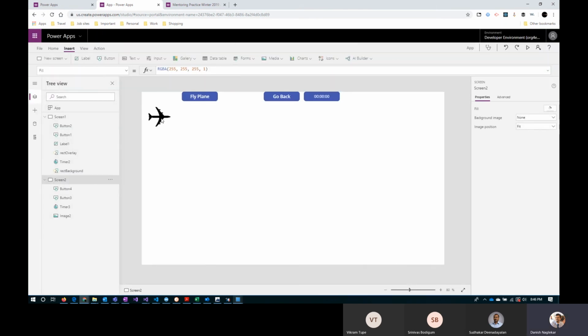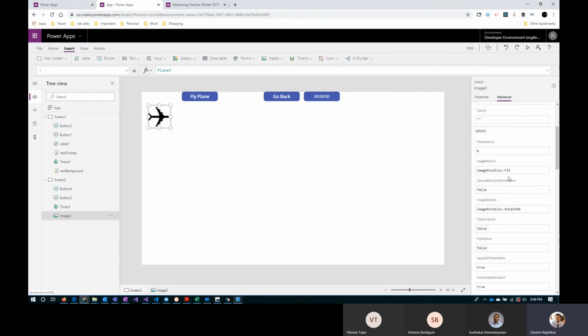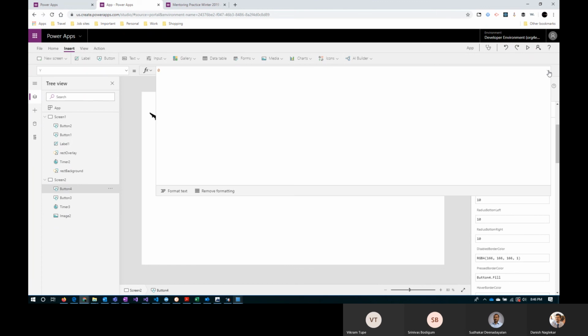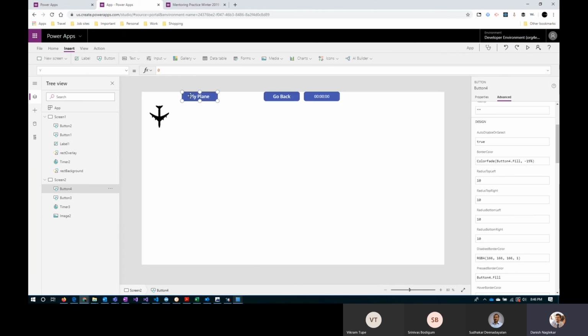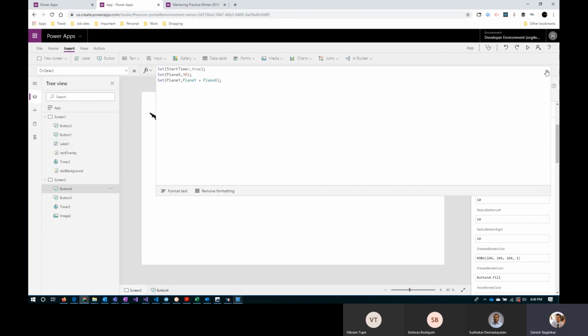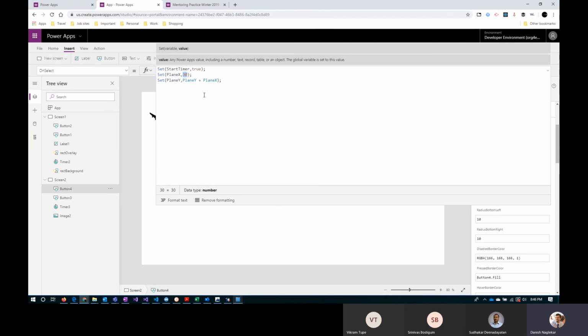Okay, so it did move. It moved down. So rotate. Okay, good. Now what we want is, I'm missing something somewhere. Forgot. Select start timer. Yeah, this we want it to be